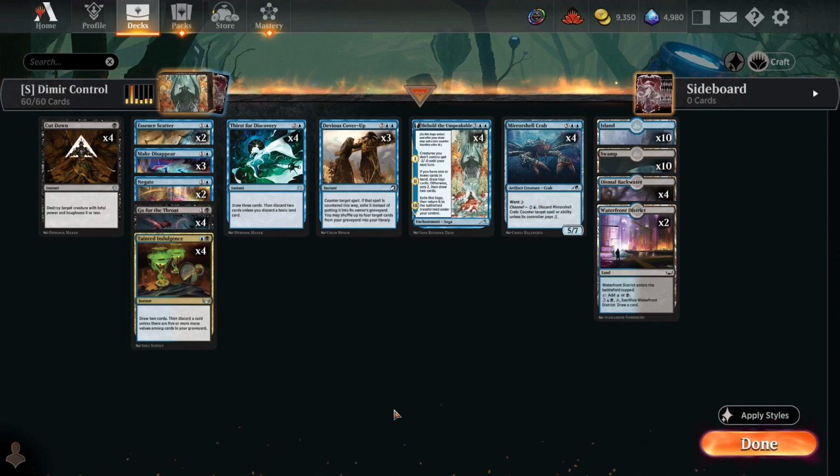Hey guys, I've got a grindy control deck for you today that lets you outplay your opponents while being easy on the wild cards. This deck uses only commons and uncommons, so no rares and no mythics. So the Dimir Control deck plays a mix of counter spells, removal, and card draw that allows you to slowly